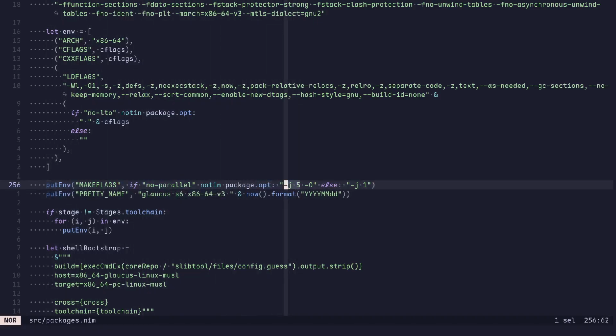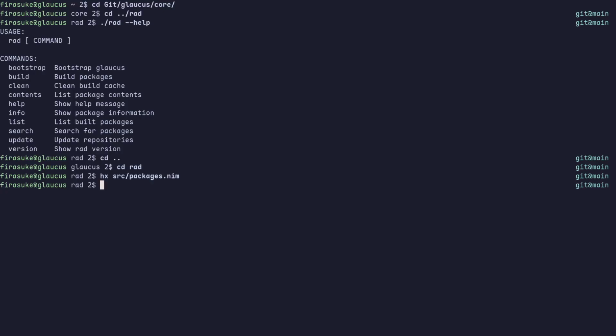And as I said, I was fixating the number of make jobs to make things more deterministic and to get a rough estimate of how long this will take. Regardless,